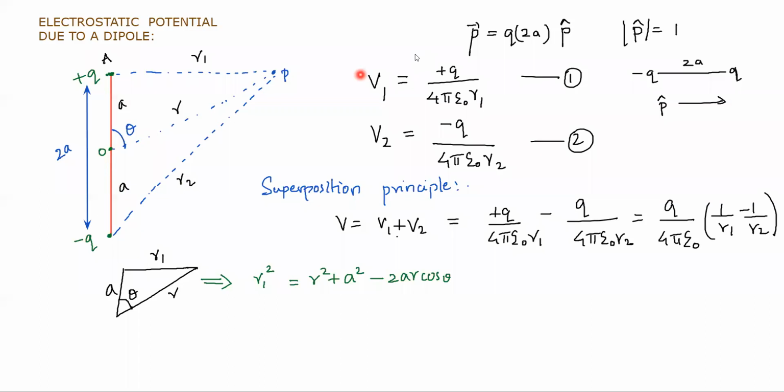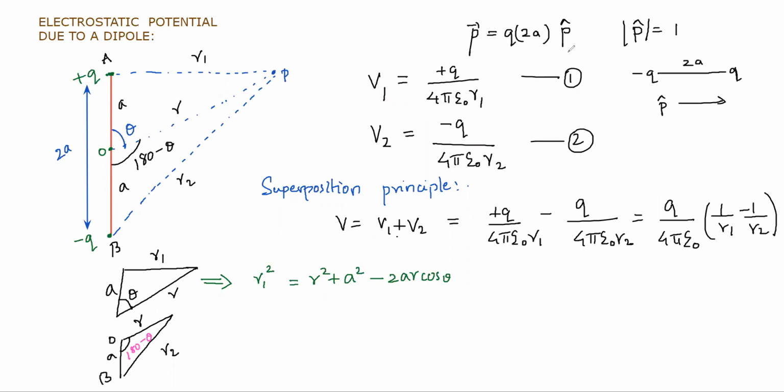For this particular straight line, we know that the total angle in a straight line is nothing but 180 degree. So this angle is nothing but 180 degree minus theta. So let's use that and construct the second triangle. Let this point be B and let this point be O. And this distance R2, that's what we are going to find. This distance A and this distance R. So what's the angle between them? It is nothing but 180 degree minus theta.